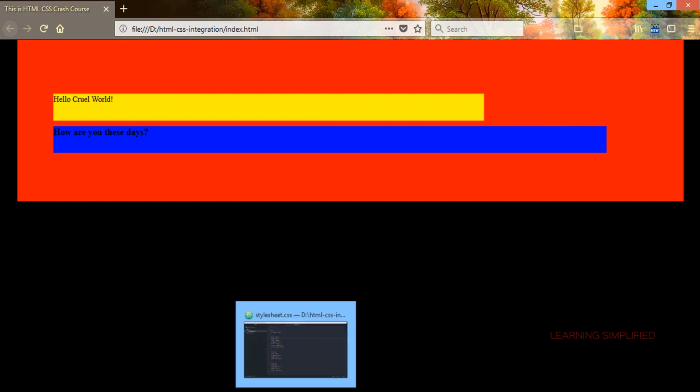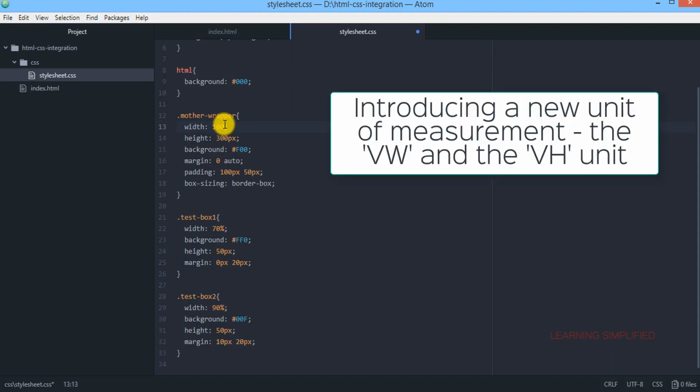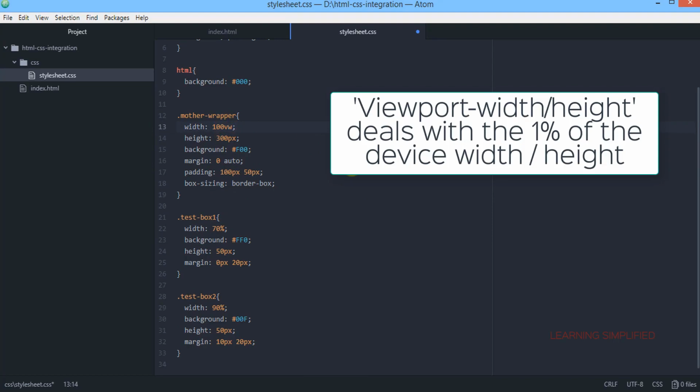In the next case, instead of 95%, all we are doing is replacing this percentage value with this vw, that means viewport width. So this is another unit which practically considers the 1% of your device width.